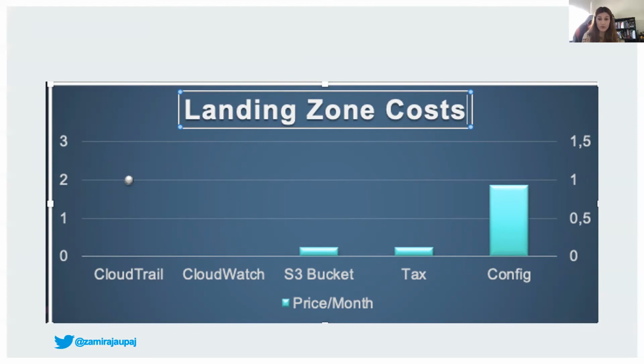This is because for Control Tower itself, there is no additional cost. You pay only for some services that are part of Control Tower. I paid around, let's say, less than $2 for AWS Config rules, which are basically 2 configuration items, 31 resources for 2 accounts, 4 regions, and for 2 configuration state changes. Also, I paid less than $1 for the S3 bucket that collects all the logs, cross-account and cross-region, and some cost as well for the taxes for AWS.